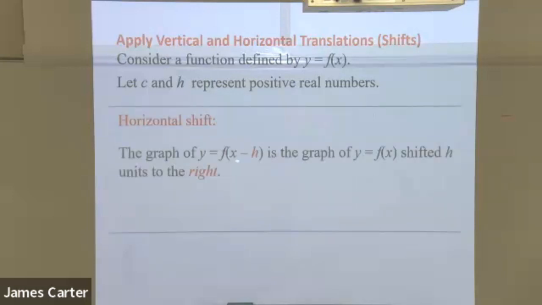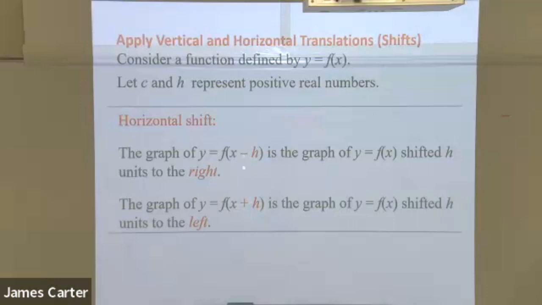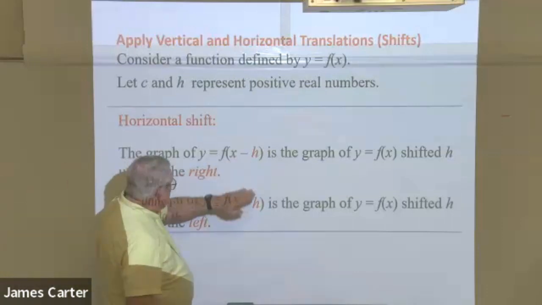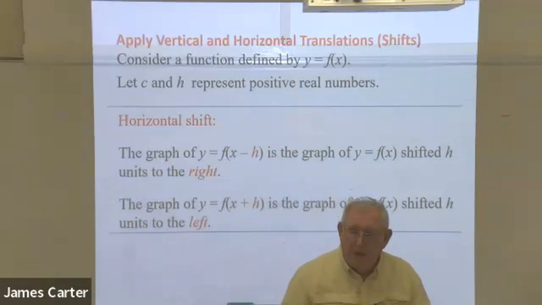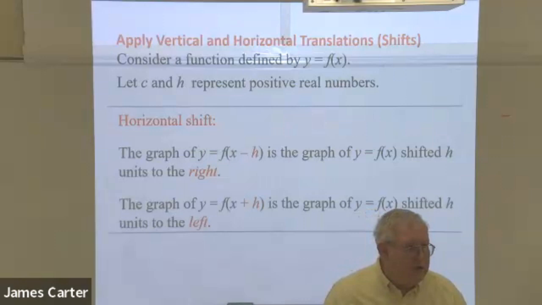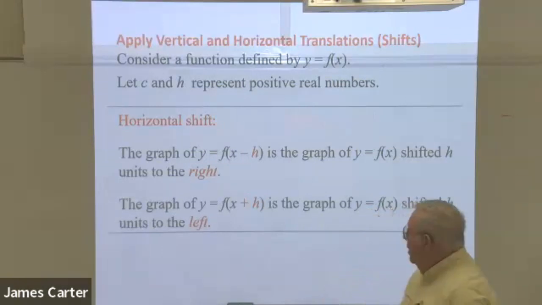Horizontal shift is when the number is interior with the x. Okay? Whether it's under a radical, inside an absolute value, inside a parentheses with the x, then it's going to shift it, in this case, however many to the right. In this case, how many to the left? Because it's always opposite of sign. This business is tied in with our discussion of circle formulas where you always had that minus in the middle and some other things that always had the minus, like the distance and so on. Okay, now,